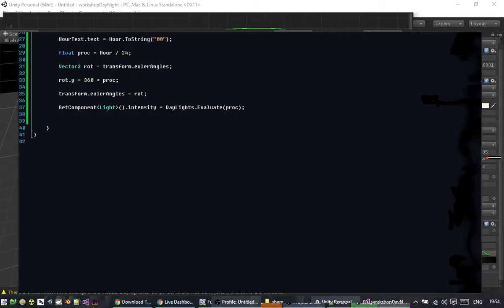Okay, ambient light, for day color gradient component Evaluate,